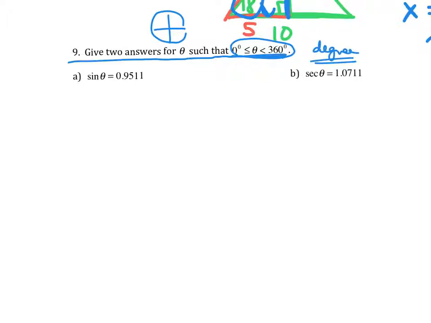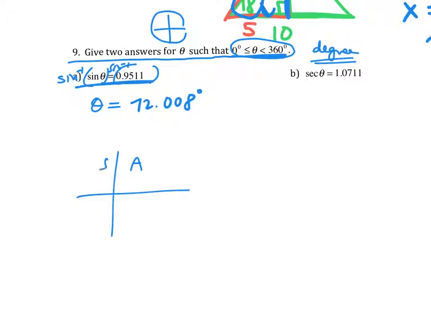So let's take a look at the following. Sine theta is equal to 0.9511. I can take inverse sine of both sides, and I'm in degree mode, so I get theta is equal to about 72 degrees. Actually, we're rounding to 3 decimal places, so let's rewrite that as 72.008 degrees. That's only one of my answers. Notice that all students take calculus, when sine is positive, sine will be positive in quadrants 1 and 2. So I've gotten my quadrant 1 answer of 72.008 degrees,